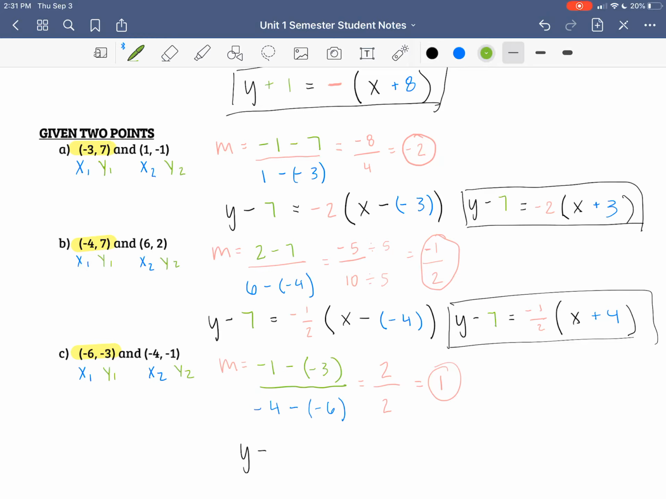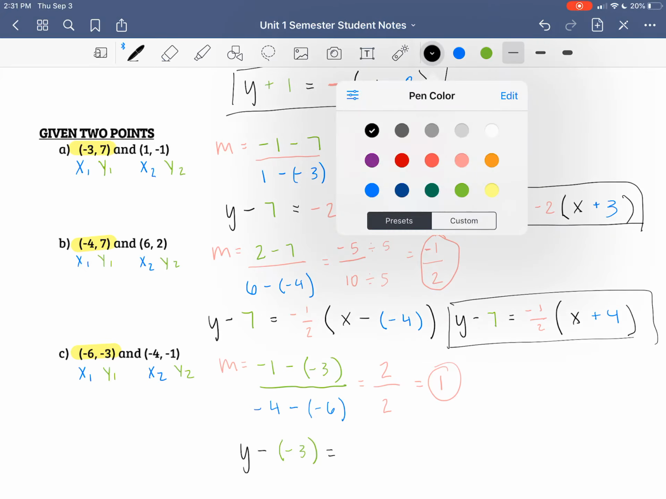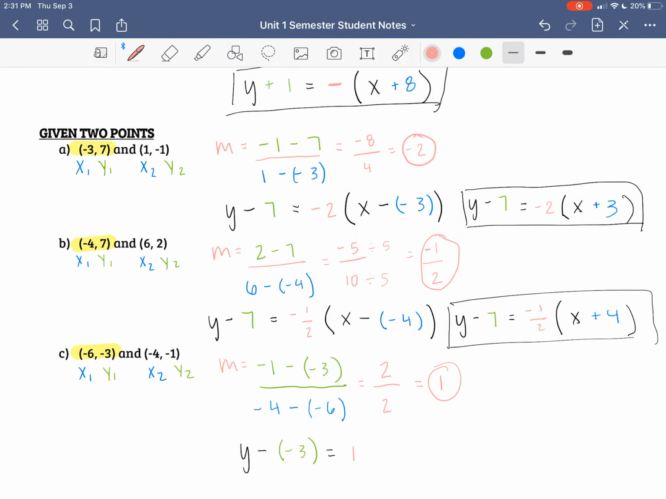So in this case, that was a -3. I put that parentheses there just to not lose track of that double negative, equals my slope is 1 times x minus x1. X1 is -6. And then we'll clean that up. Y minus a negative is the same as plus 3